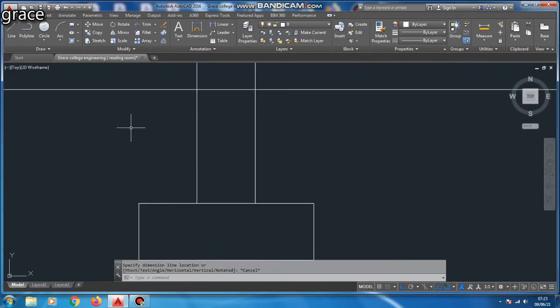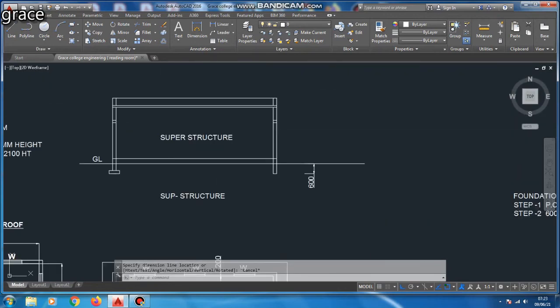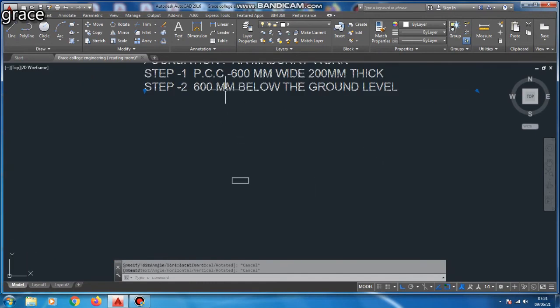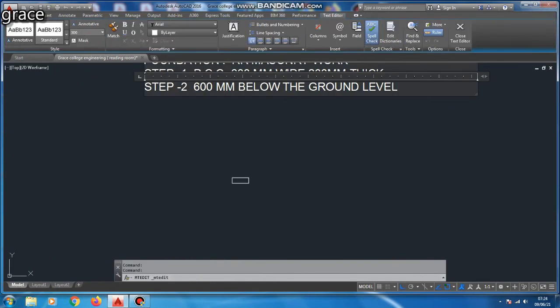Okay, so by copying the rectangle, we are going to draw the substructure of our diagram.